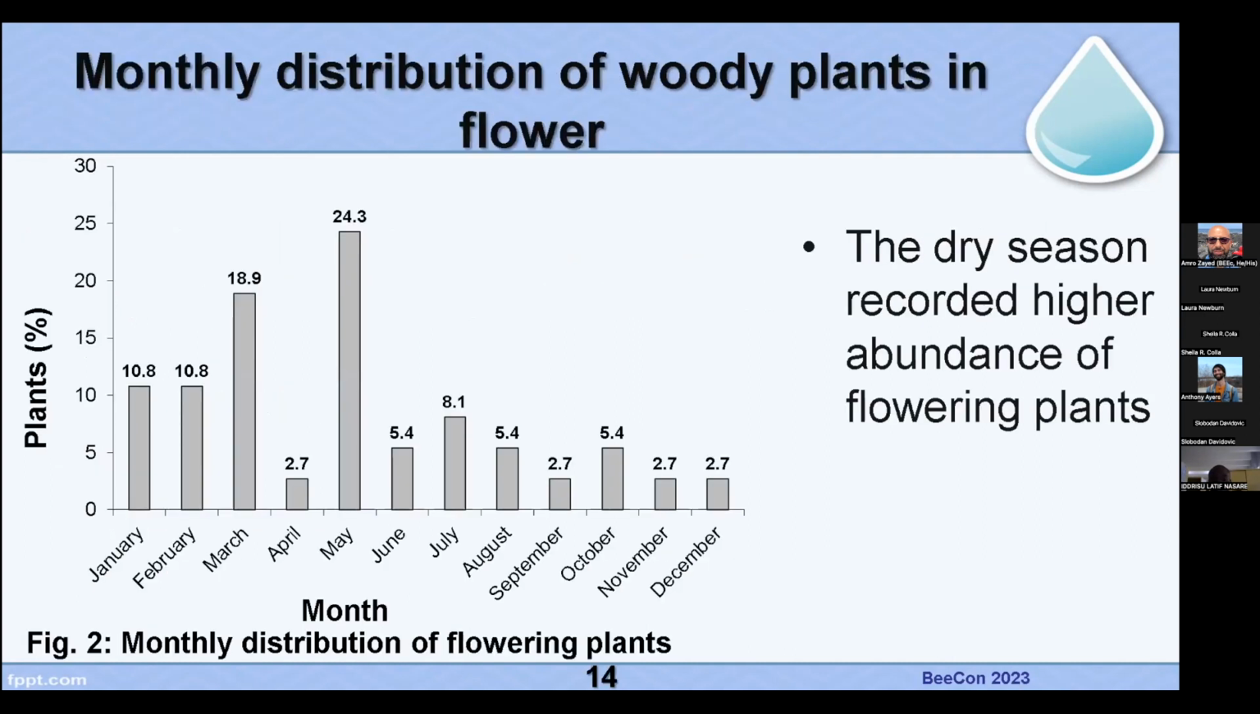In terms of monthly distribution of flowering woody plants in flower, we have a dry season that spans from October to May, and then there's a rainy season from late May to September. So we have more plants flowering in the dry period compared to the rainy season of the savanna. And this is good news because what it means is that